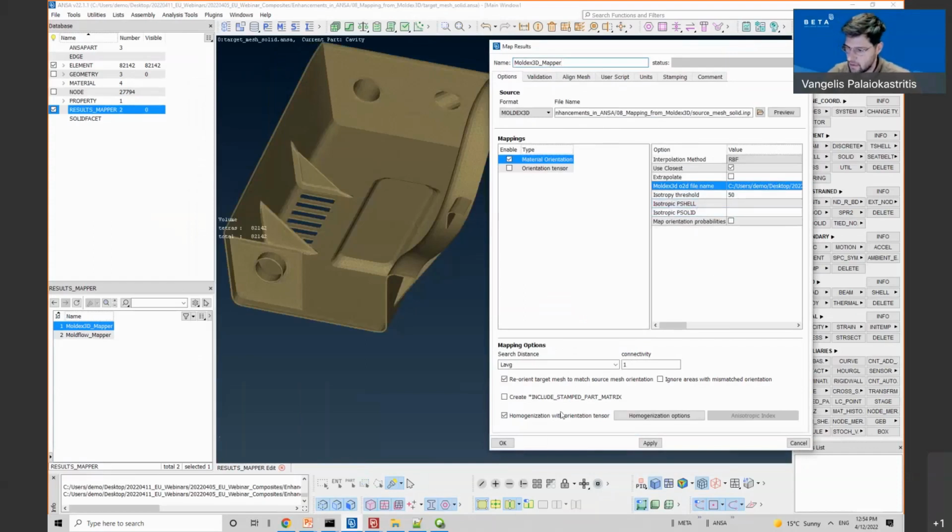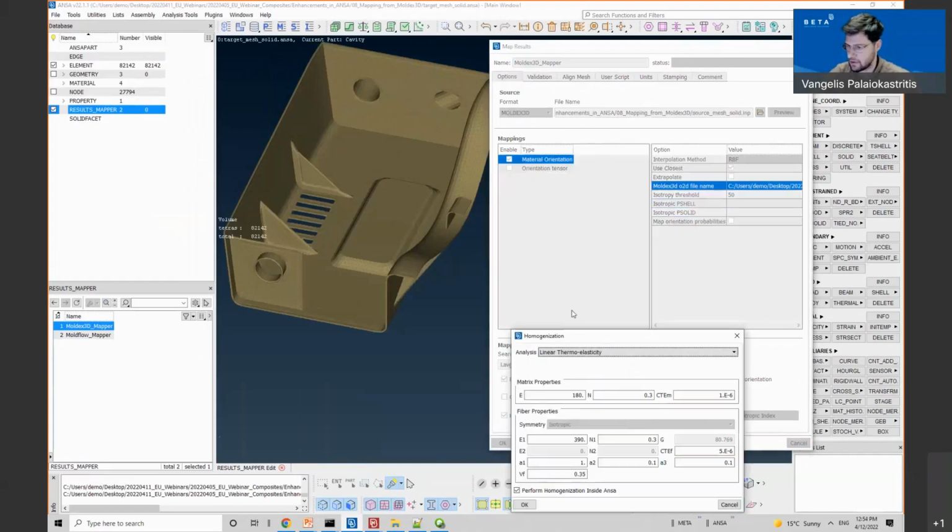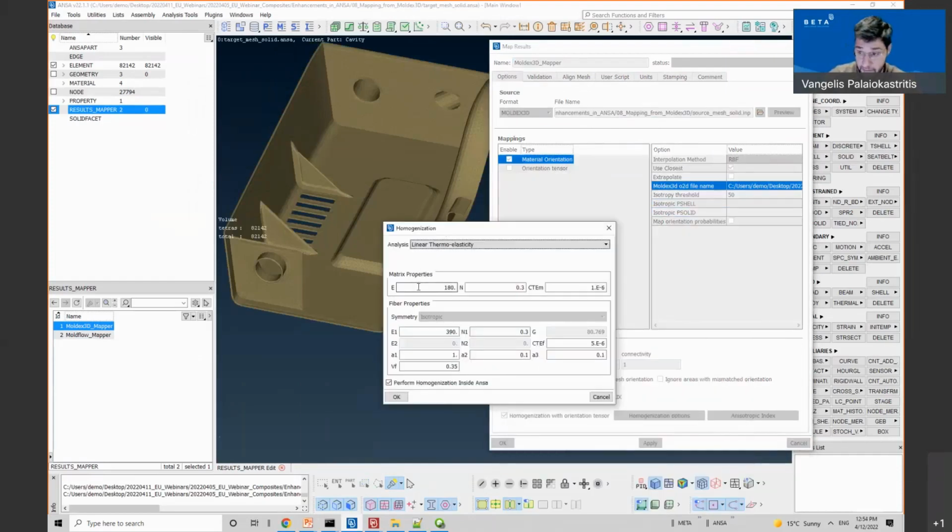And there is the option here to perform homogenization. If I go here, homogenization options, I can specify the matrix and fiber properties. And I have the option to perform homogenization inside ANSA or outside ANSA.